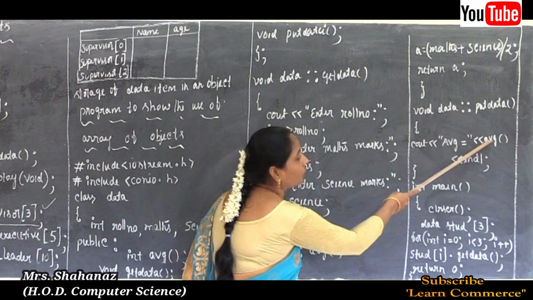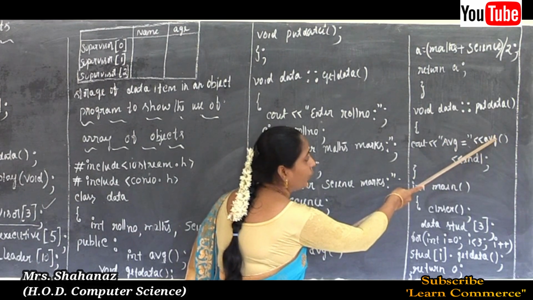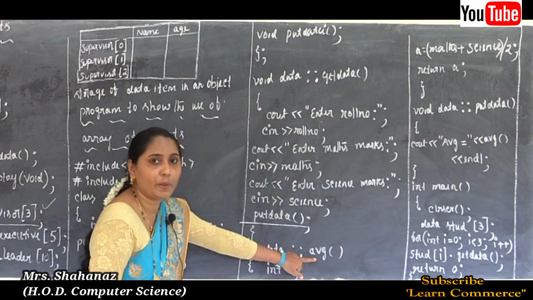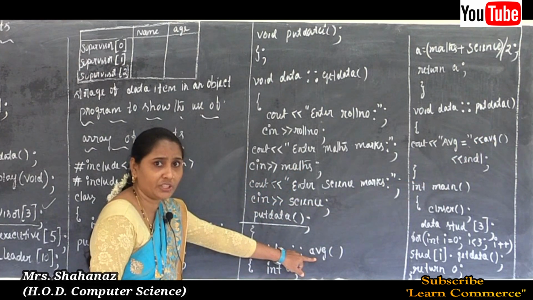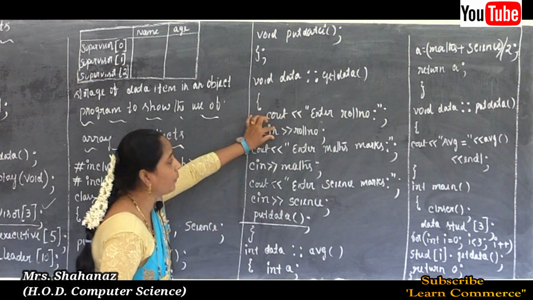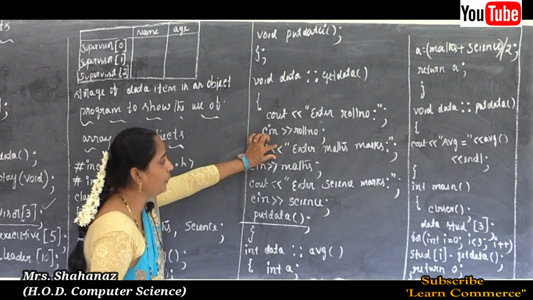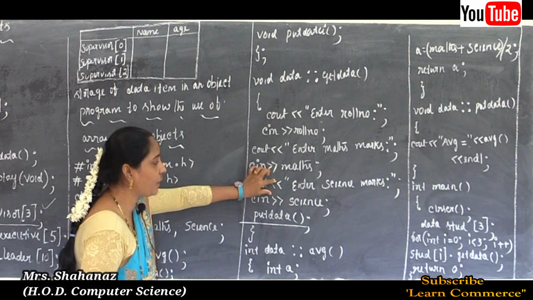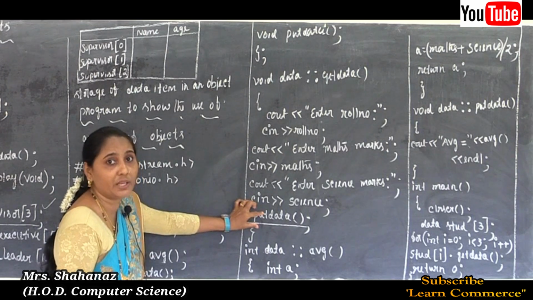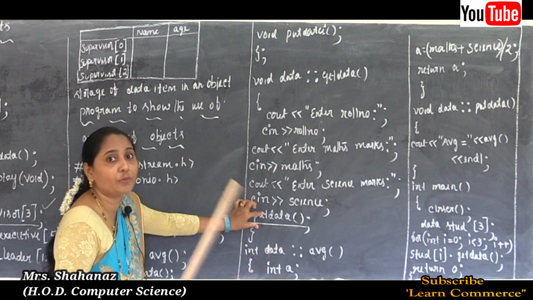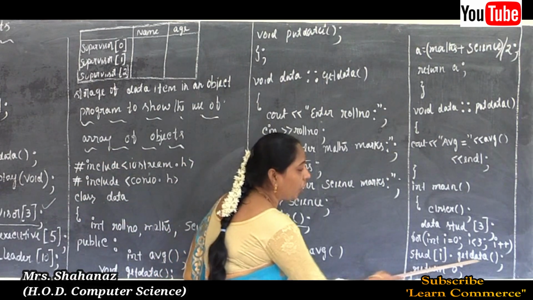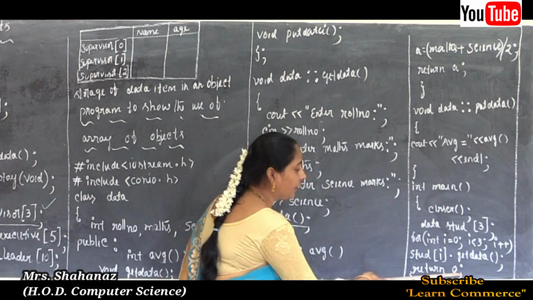So average is equal to the average function. That means the calculation of the average is already completed by using the member function average here. So after completing, first of all you have to enter the roll number, maybe 1, enter maths marks, maybe 100, enter science marks, maybe 100. At that time it is going to show the average value, as average is equal to the average function, that means 50. Clear on this point? 50 here. So this is stud[i].getdata, and finally return 0.